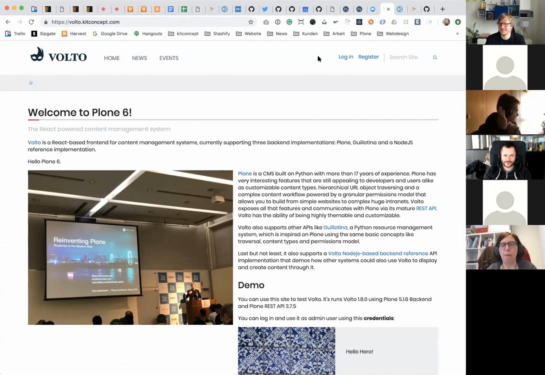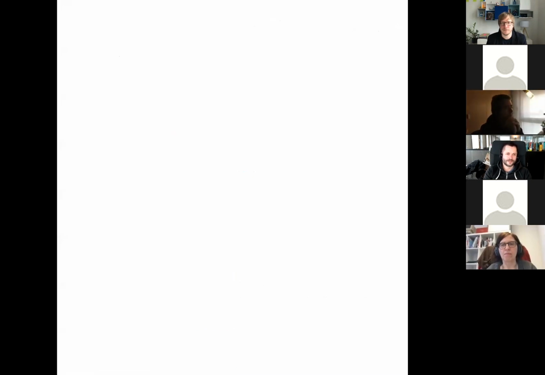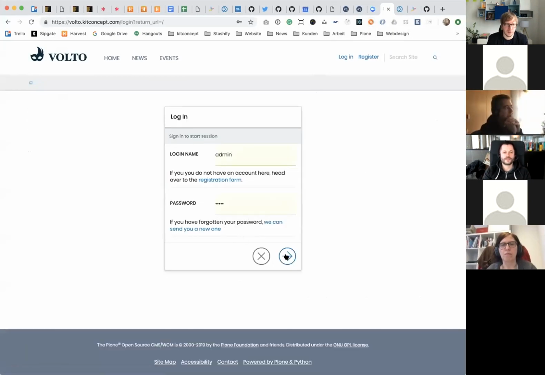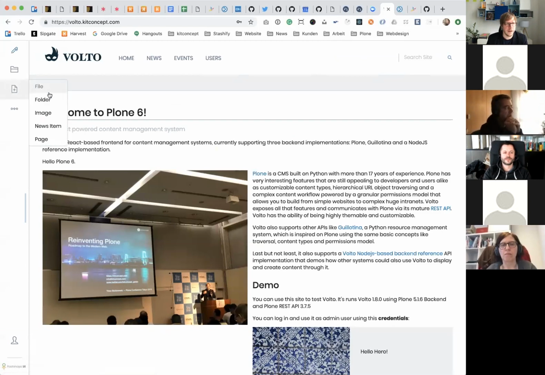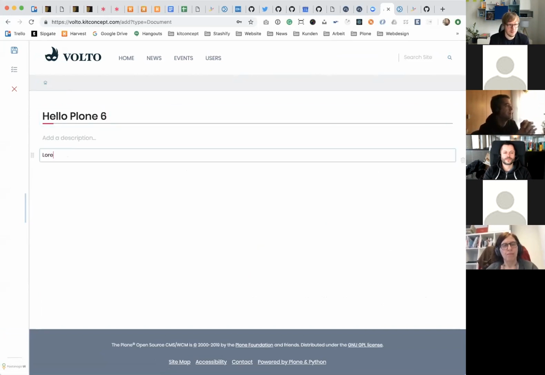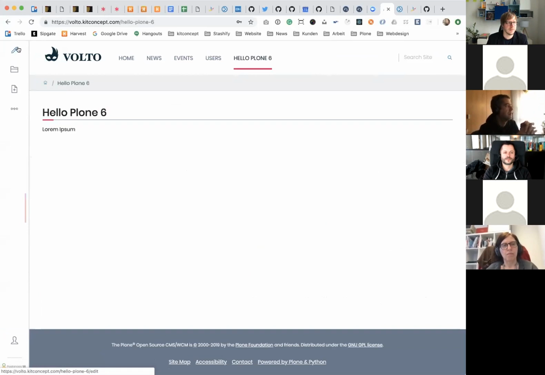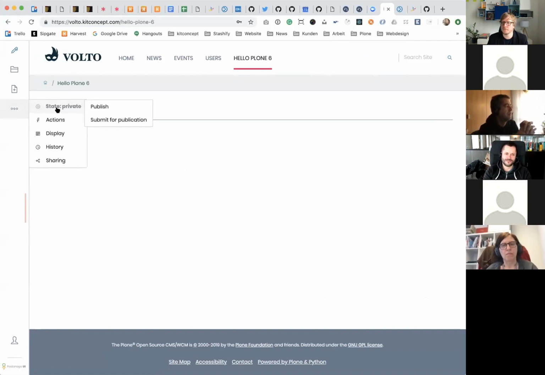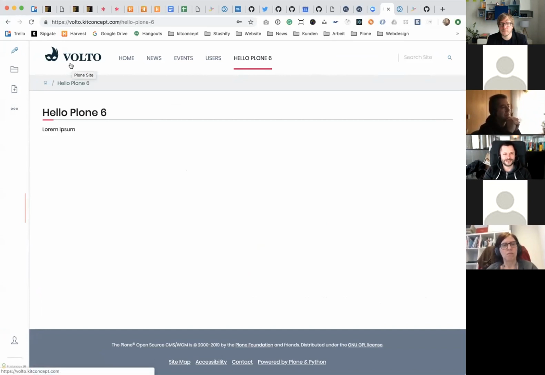One thing about the UI or the toolbar: I would really like to see the publish or workflow actions there, because that's for me the last step to make it easy for the user. Yeah, sure. I can show that. Let me log in again, and then let's say I create a new page. Hello, Plone 6. Save it. I go here. I have it. Yeah, just bring that to the first level of the toolbar, just as create, edit, and publish. That should be on the main level.